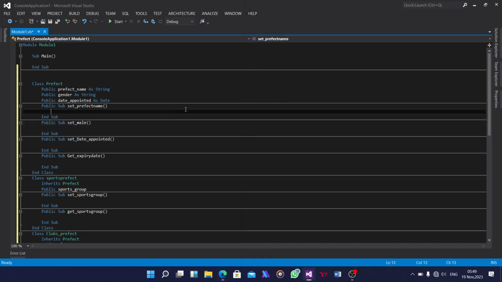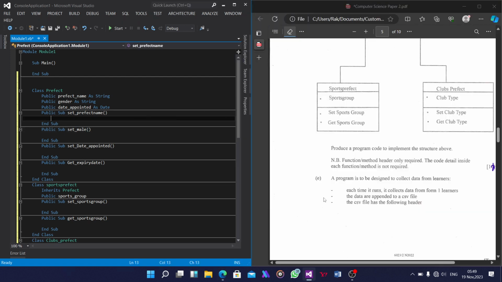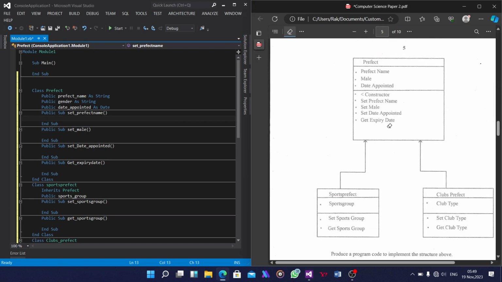All right. So let's just revise what we did here. Okay. For that pen who doesn't understand. Okay. So first of all, we have the main class, the parent class, which is prefect. Okay. And we declared prefect name, male, and date appointed here. Okay. With their appropriate data types. Okay. And we now put the constructors. Okay. So we now put the methods: set prefect name, set male, set date appointed,